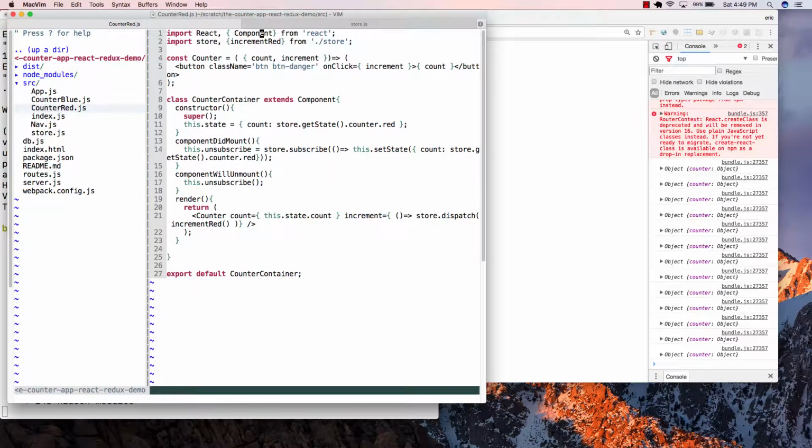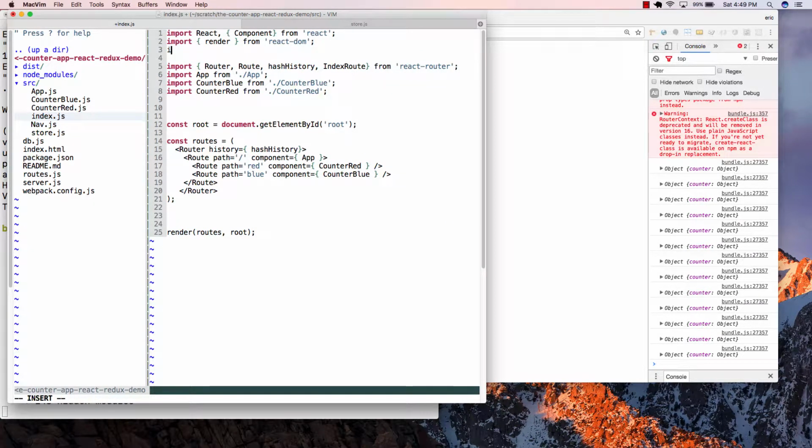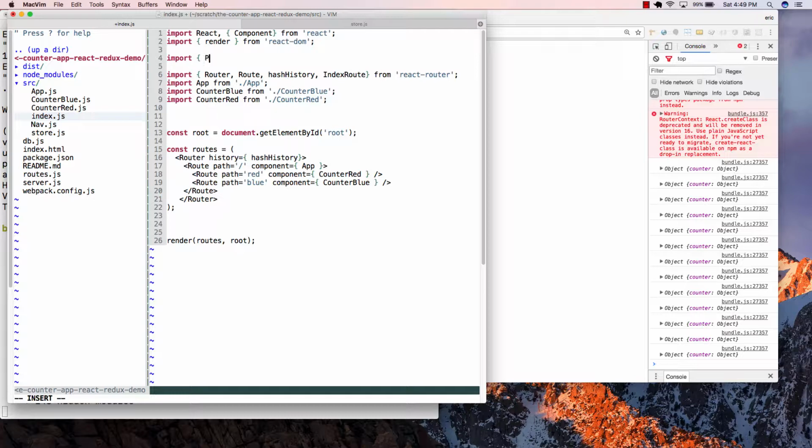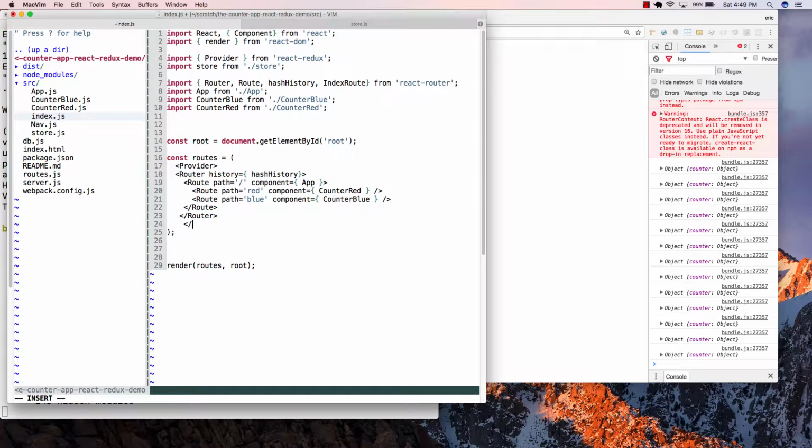And if we go to the main part of our app, what we could do is we could import provider from React Redux. Okay? And while I'm doing that, let me also import store from /store. Now, what this really is going to do is that this provider basically allows us to wrap around our router. And I could wrap around my router, and if I just did this, and I went to run this,